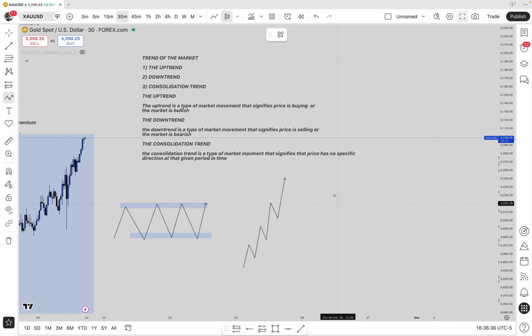Now, what is also the downtrend? The market gives you a high and a low, a lower high, a lower low, lower high, lower low, a lower high, a lower low. This is a bearish momentum simply because the market is dumping. But apart from the dumping aspect, as a trader, you want to know when to enter. Now, the basic rule says that